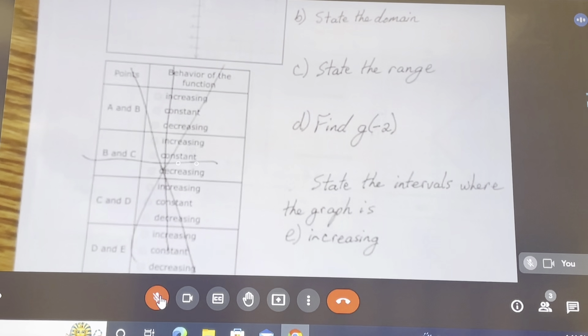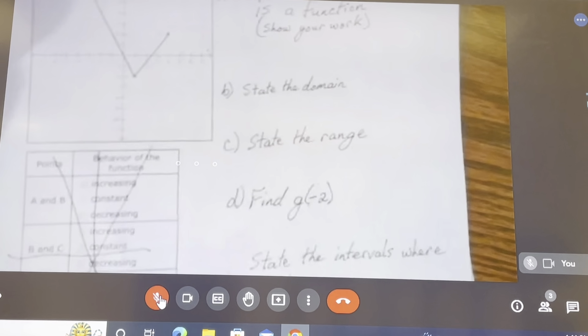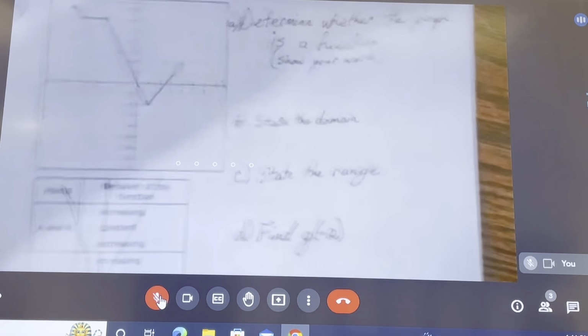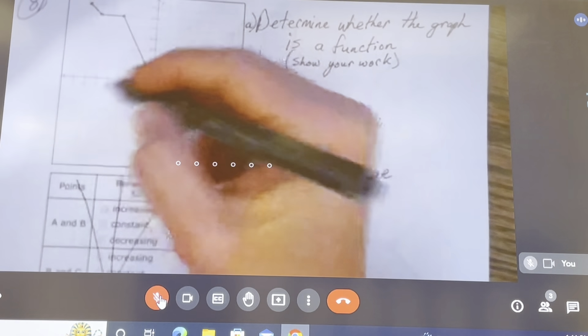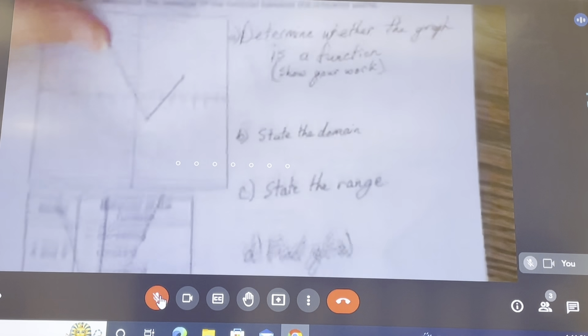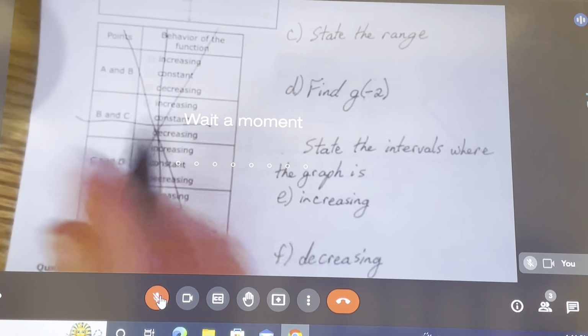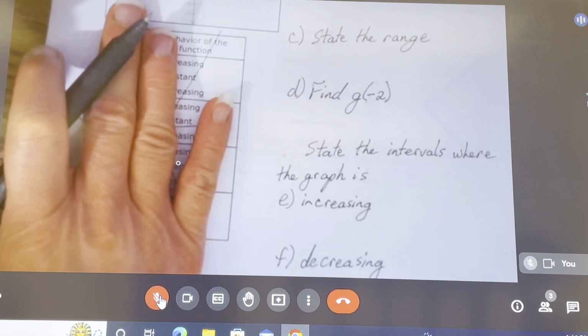Move on. So number 8, on Alex. When I was grading this, several of you were confused because on Alex, they're wanting all this stuff down here. They're just saying, just tell me between A and B, what's it doing here and here and here. And that's what it's going to do on your review, but it's not what it's going to look like on